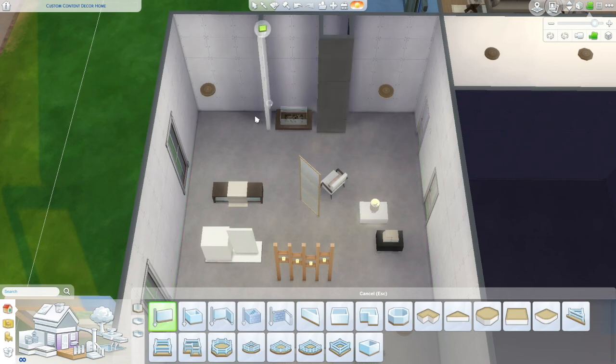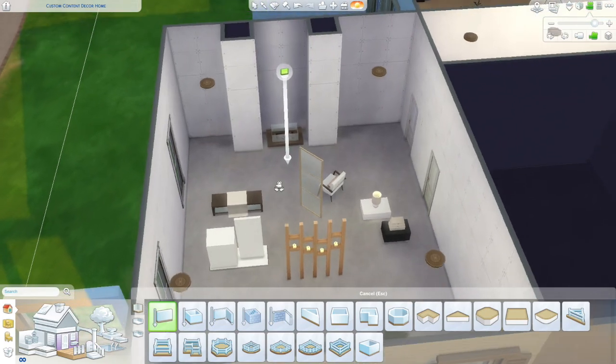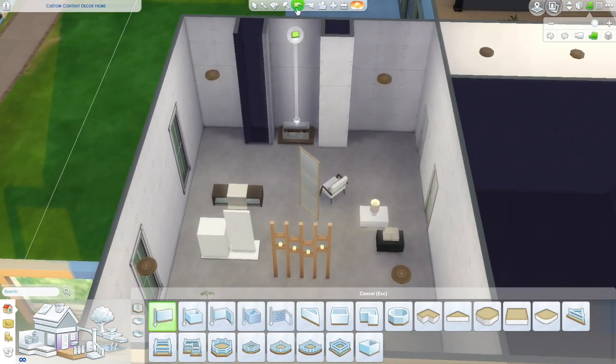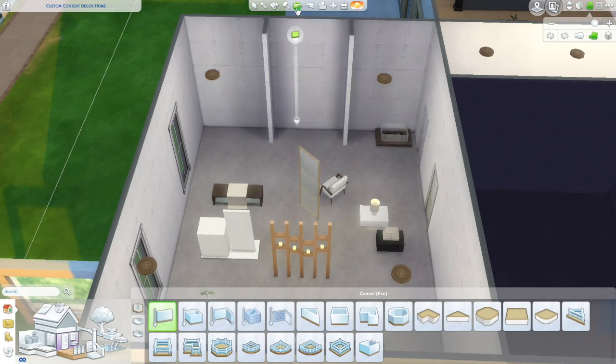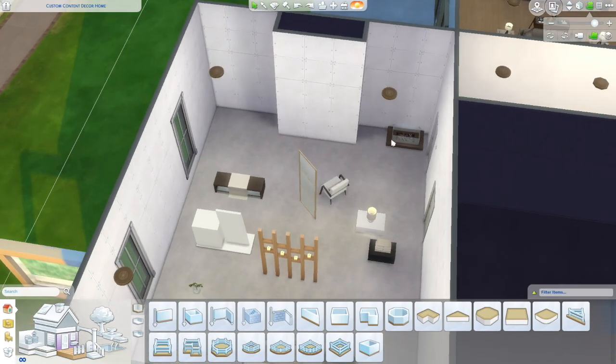I'm trying to figure out a way how we can box it in and have it be like a built-in look, but it's not going to work. I'm not going to like it at all. So I might just go with my original plan. Going to go all the way back until we get there. Maybe it won't be, because I also thought about the idea of giving